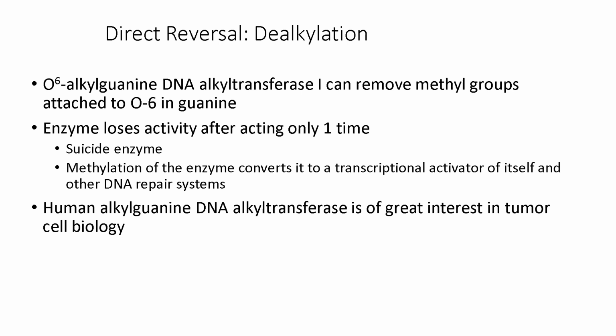Another direct reversal mechanism involves the removal of alkyl groups from modified bases. The enzyme O6-alkylguanine DNA alkyltransferase specifically removes methyl groups from the O6 position of guanine. Interestingly, this enzyme can only act once. It transfers the methyl group to itself and is then degraded, which is why it's referred to as a suicide enzyme. This repair pathway is crucial in preventing mutagenesis from alkylating agents and has important implications in cancer biology and